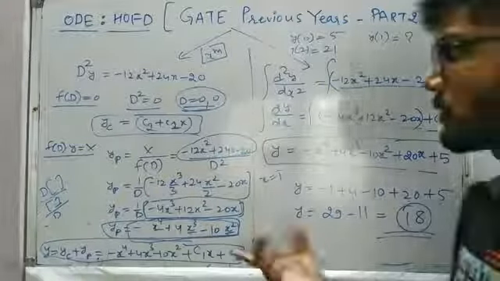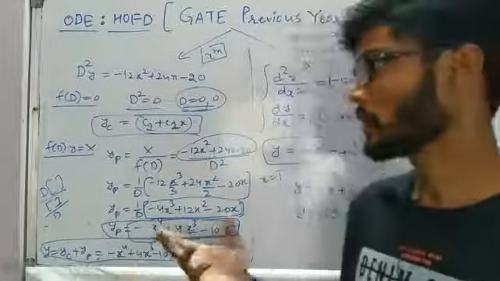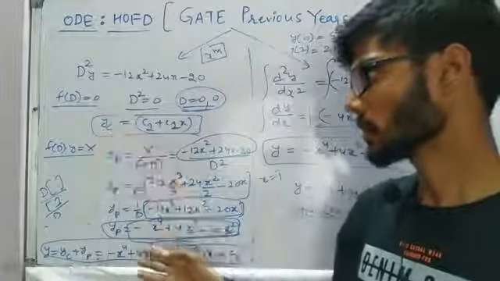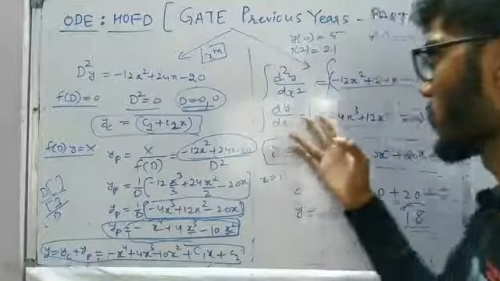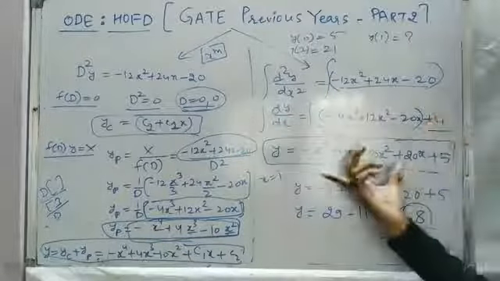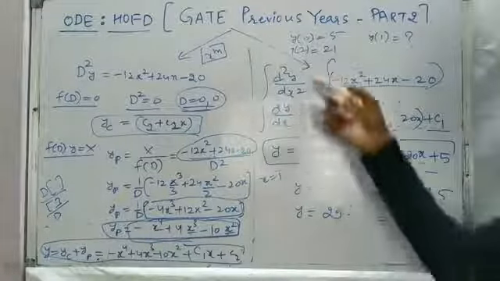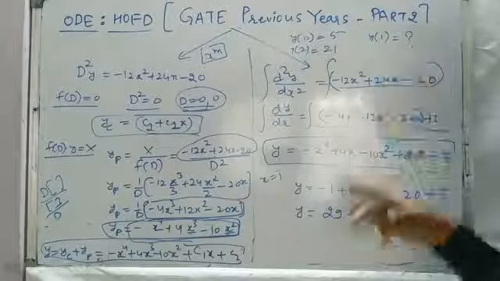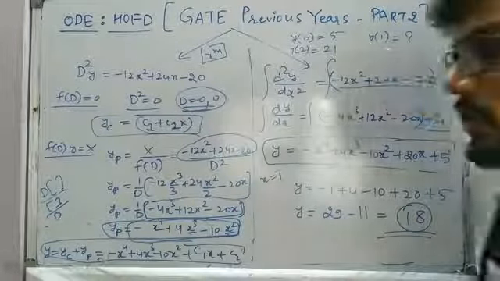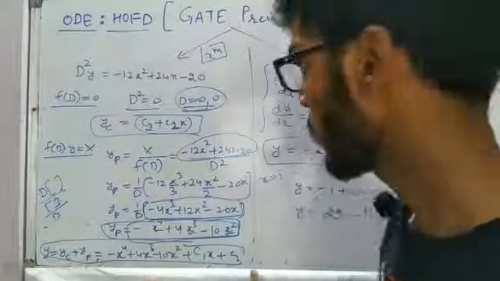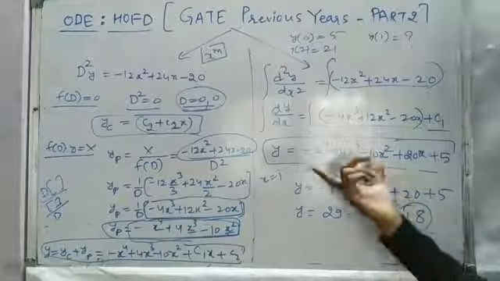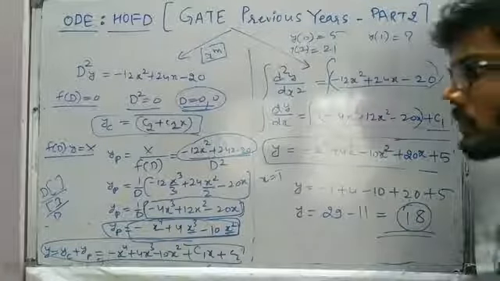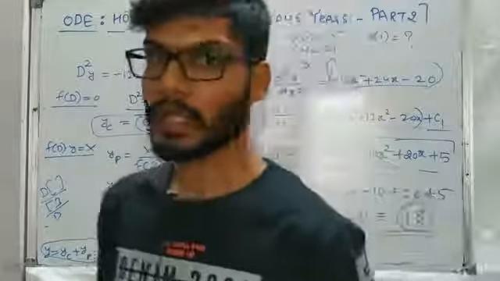So to solve this kind of problem, if you are not able to recall what the complementary function or particular integral is going to be, you can just simply integrate both the sides and get the general solution, make use of initial conditions, get the exact solution, and then make use of the value at the particular point you are interested in to get the answer. So just substitute x equal to 1 and you are going to get the answer as 18. So that's how you have to deal with the problem in mathematics.